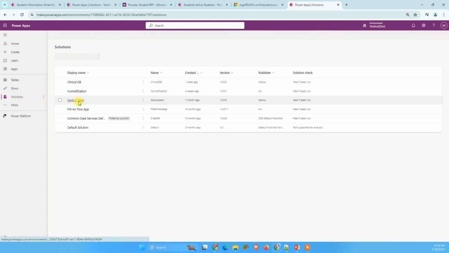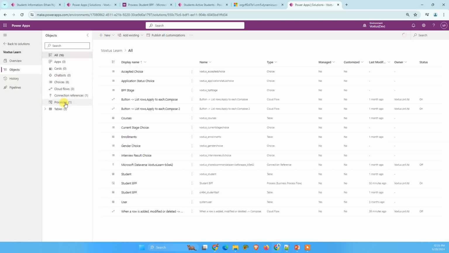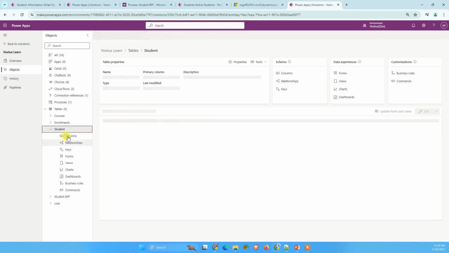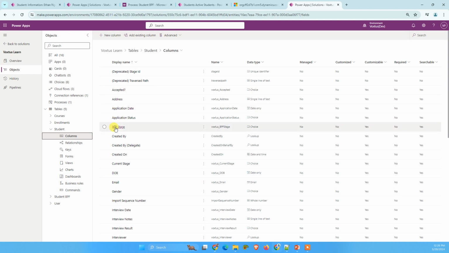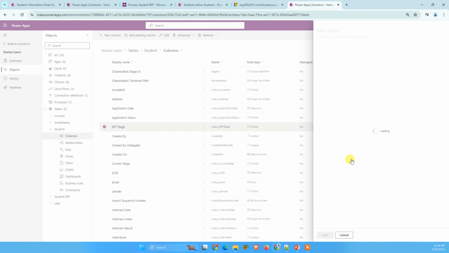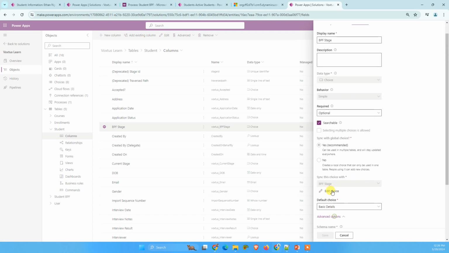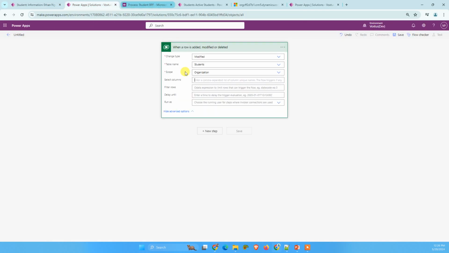Okay, solution Voxtus learn, and table student table, column BPF stages, sorry, BPF stages. And what we are going to use is this logical name of